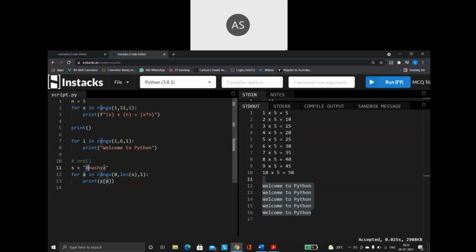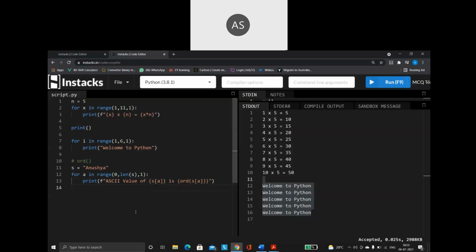So I am going to say here s of a, or let us say like this. Okay, we'll put it: ASCII value of s of a is ORD of s of a. Finish the function, close it, close my double quotes.